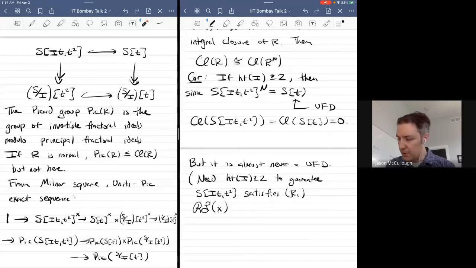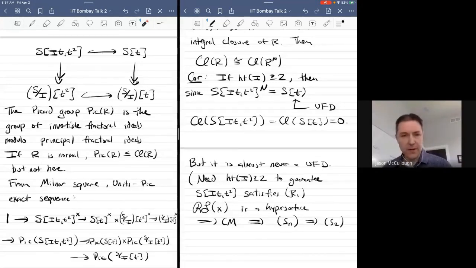The other case, going back to my running example number 1, where I took the Rees-like algebra of a single variable, this was a hypersurface. So in particular, it was Cohen-Macaulay, which means you satisfy Serre's Sn condition for all n. So in particular, you satisfy S2, but you're normal when you satisfy R1 and S2. And if you satisfy S2 and you're not normal, you can no longer satisfy R1. So I can't apply the theorem in the hypersurface case,